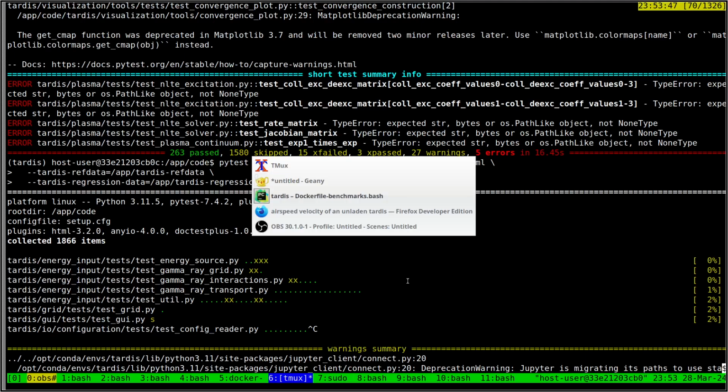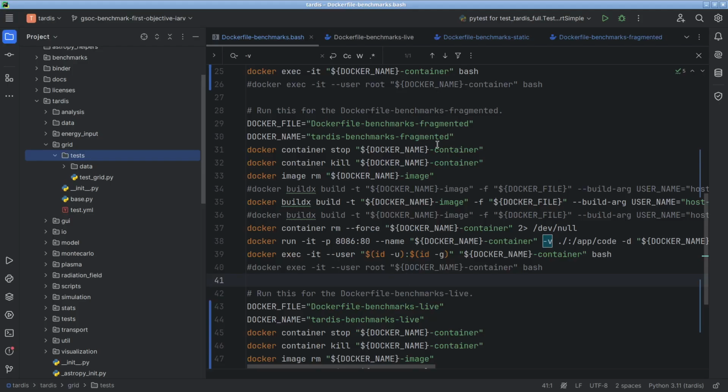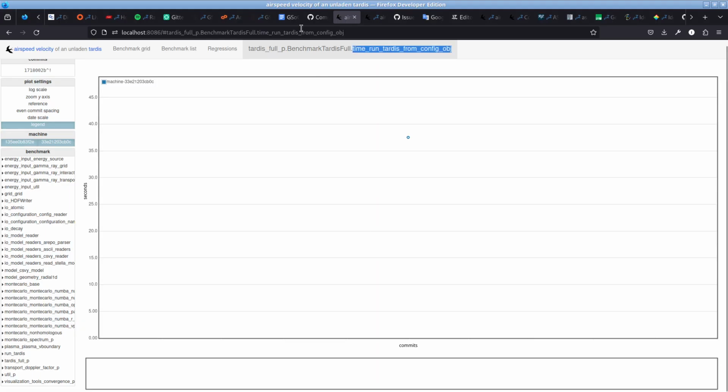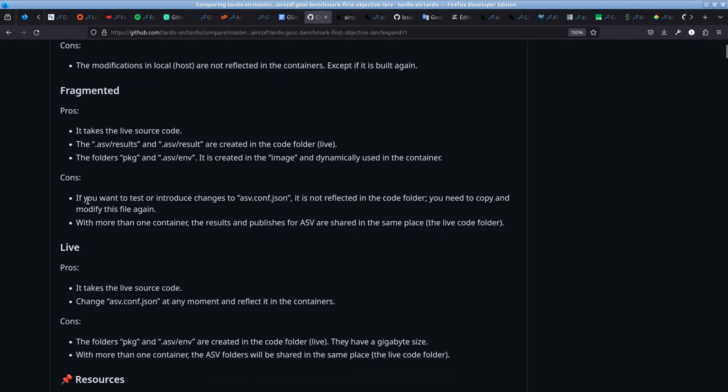Okay. The last one is the live version. It is something that I don't like a lot. I mean, I don't use it a lot, but let's see the live version. Okay, for that, let me check my notes. Fragmented, yes, pros. I take the live source code,